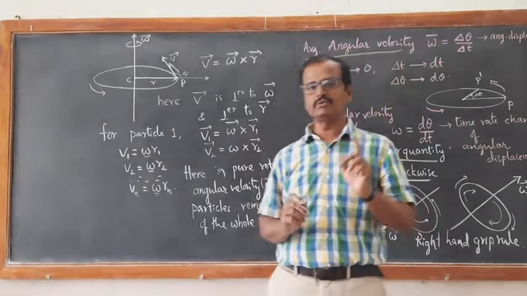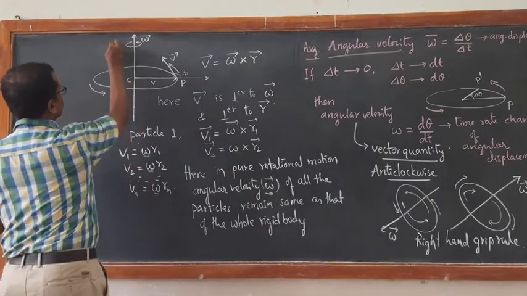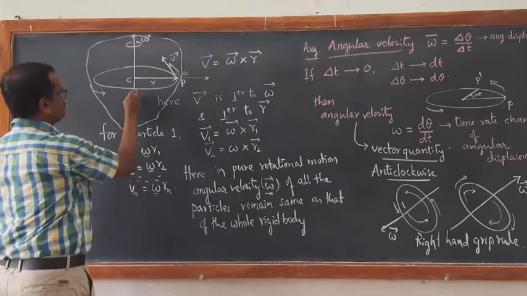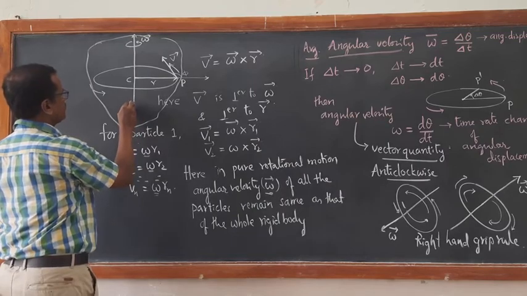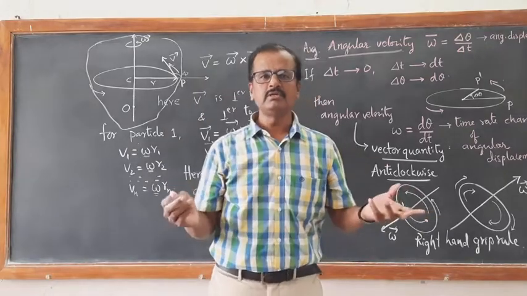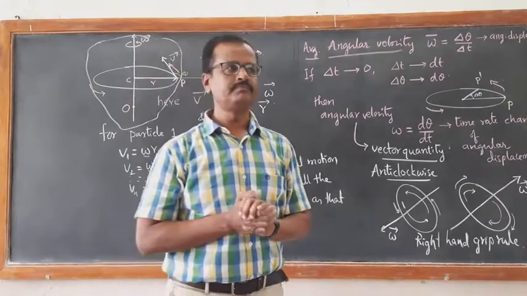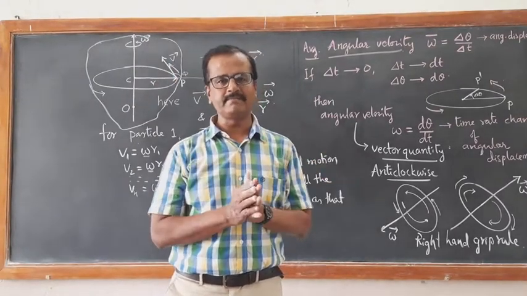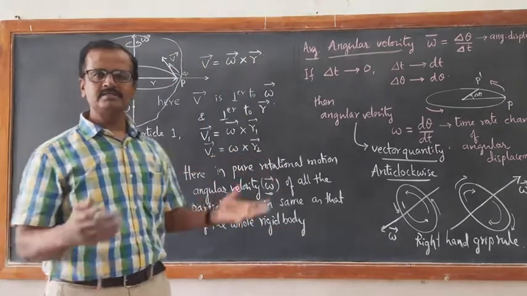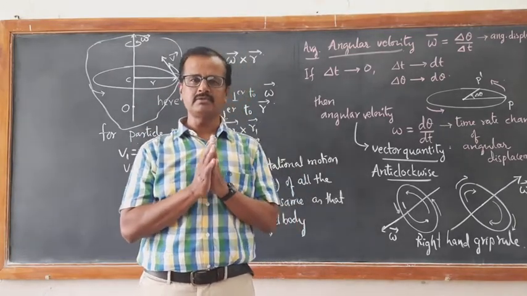And look at one more thing, those particles which are lying along the axis of rotation. See, this is the rigid body, again if you draw in a rough manner, suppose this particle is O on the axis of rotation, then its distance from the axis of rotation is 0. Therefore, the angular velocity remains the same, but the linear velocity of this particle becomes 0 because the r value is 0. If the perpendicular distance from the axis of rotation is 0, then the linear velocity will also be 0.